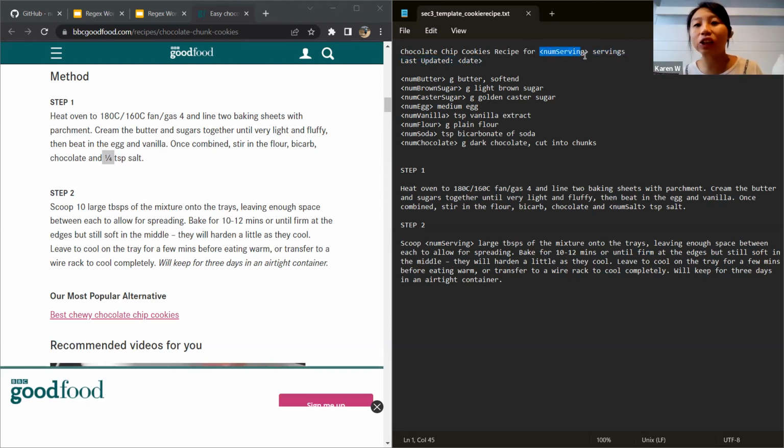The number of servings is something I want to change, so it's a variable that I change constantly. And I did a little something neat. I want to record the day that I updated the recipe, so I know which one is new and when I created this. Okay, hopefully that's straightforward enough. Am I supposed to make it bigger? Sorry. Zoom.